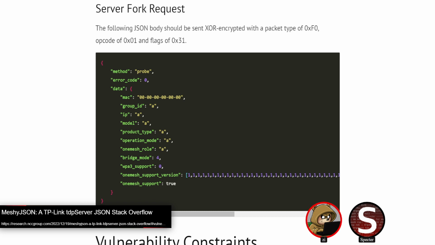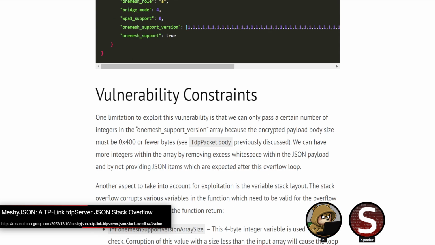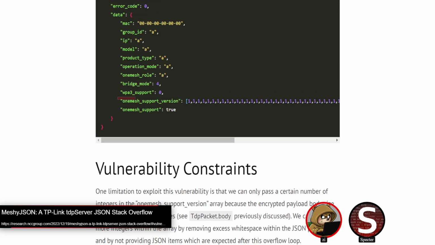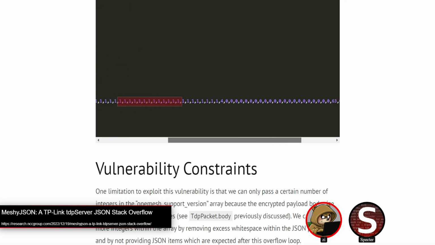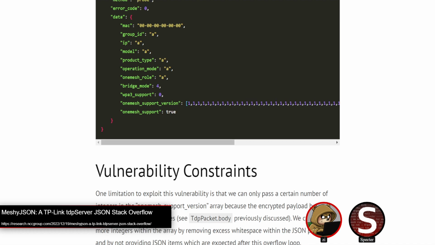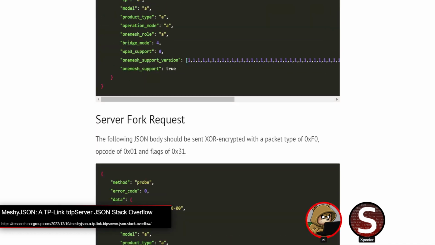What that does is they have a C library, cJSON, for parsing JSON. So you send a JSON and you're going to parse it in C. What could go wrong? There are four vulnerabilities introduced with this. One is the mesh support version array, which is just an array of values being sent in there. And the vulnerable code,